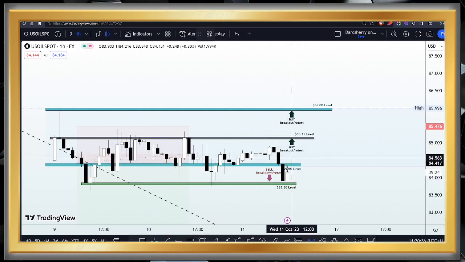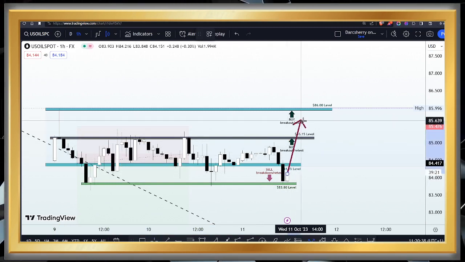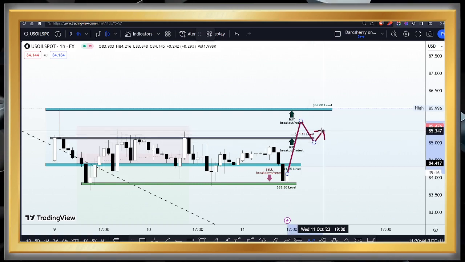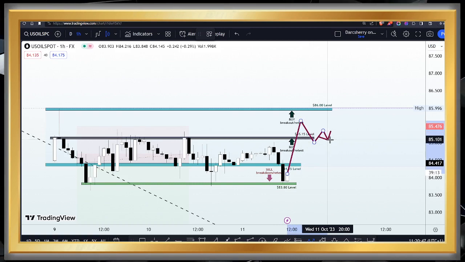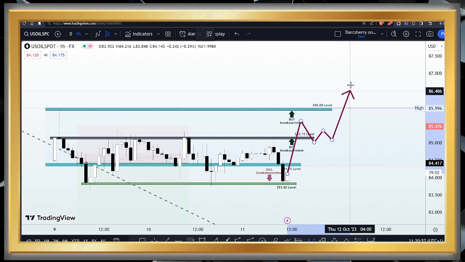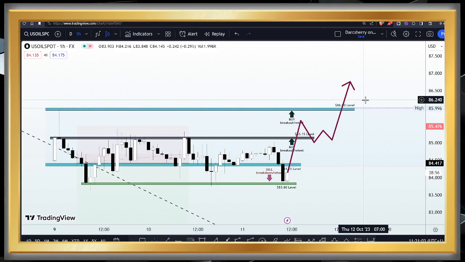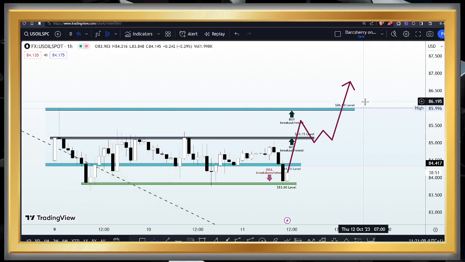Now, if I'm going to be buying here, I want to see price break out of the $85.15 level, retest the structure, giving me further confirmations that buyers are getting stronger, and this will reflect on the chart as continued buy pressure around or above the $85.15 level. Then we can join the uptrend move, and if price continues to climb, then a further breakout of the $86 level, which happens to be the highest point price action has been for this week, will be welcoming more buy positions in this market. So that is how we are going to be holding on to a bullish bias on this one.